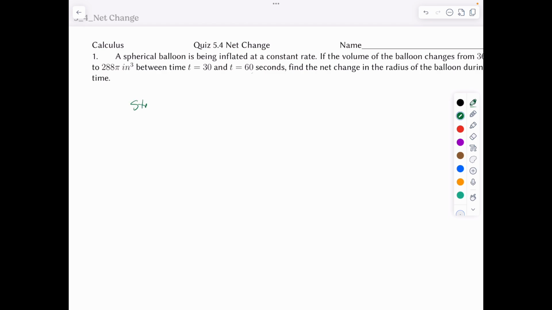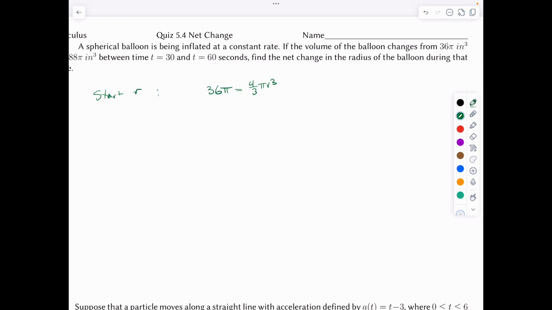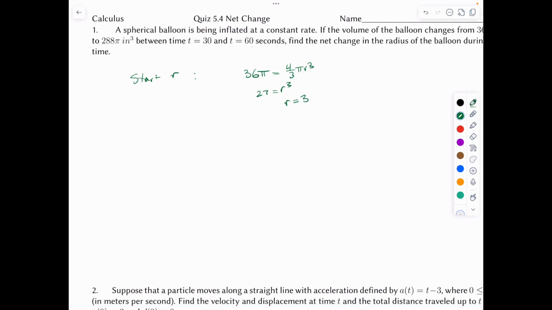So, start radius. Let's see, this is going to be 36 pi is 4/3 pi r cubed. I hope this works out. Look at this, 27 is r cubed. So r is equal to 3. So it starts out at 3, and then the ending r